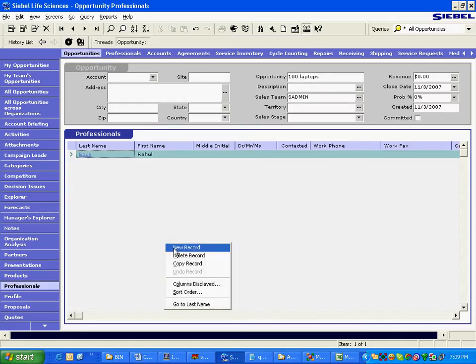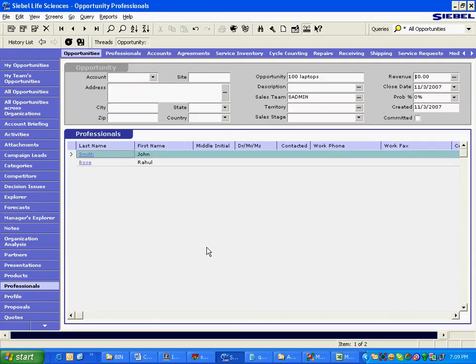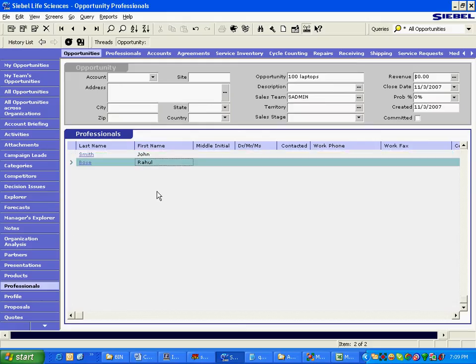And then I click new, then I attach John Smith, right? Is one of these a primary? No, we don't have the concept of primary here. John Smith and Rahul Bose. So you don't have primaries when it comes to opportunity.